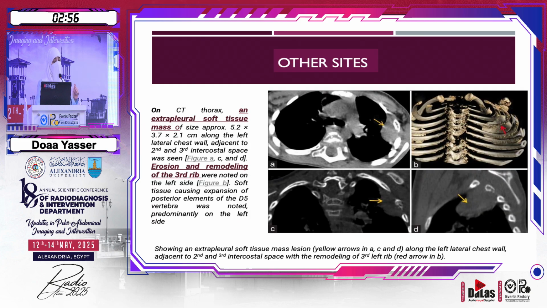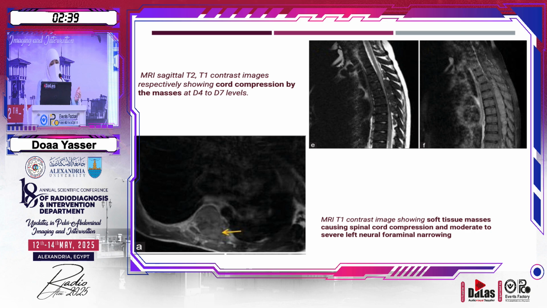Finally, I'd like to highlight 2 other less common sites that can mimic cancerous conditions, where, like in the subpleural lesion here, it can cause even remodeling and erosions of the underlying ribs, and this was proven to be only extramedullary hematopoiesis. Another critical site is the intraspinal canal, where, as we see here in these 2 MRI images,